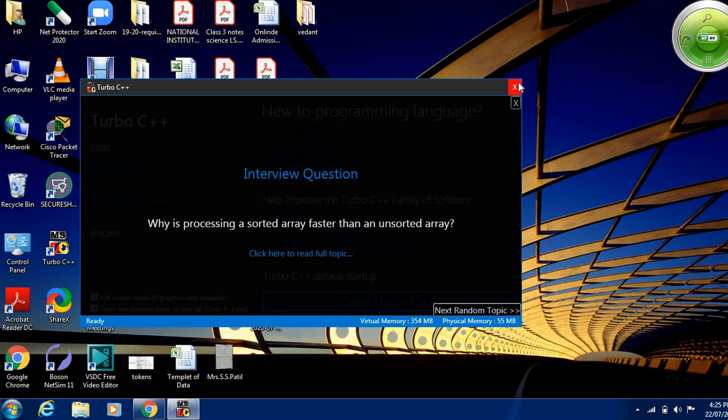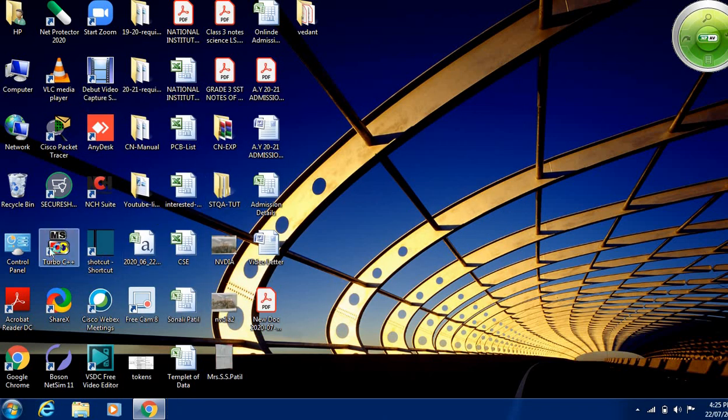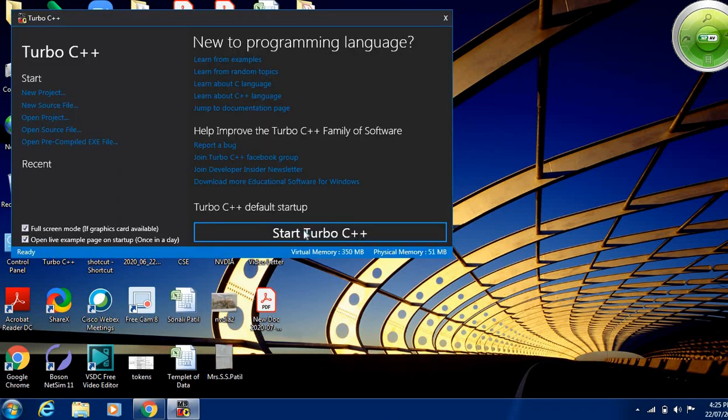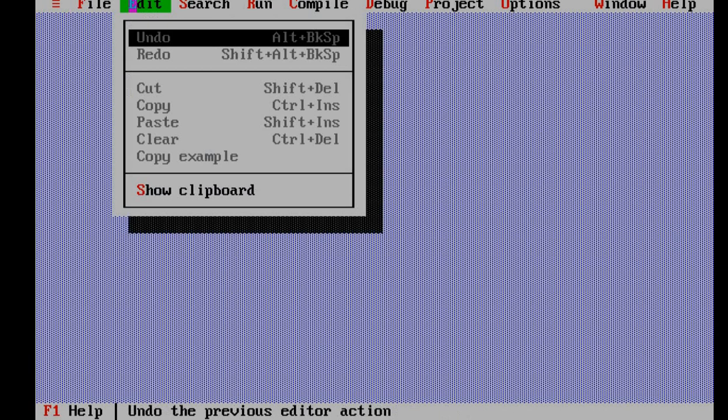Okay, so once again I am opening it. The second menu is edit. In the edit option, we can cut, copy, paste, undo, redo, clear. For example, we can do various operations under this edit. For each of these options, there are also alternate keyboard keys available. Either we can use keyboard keys to perform these operations, or we can use this edit option for performing the cut, copy, paste and clear options.